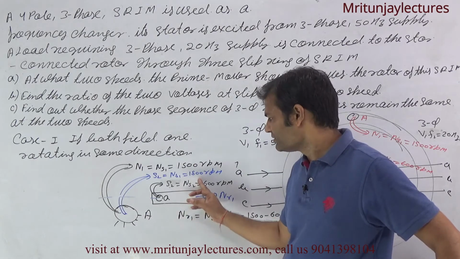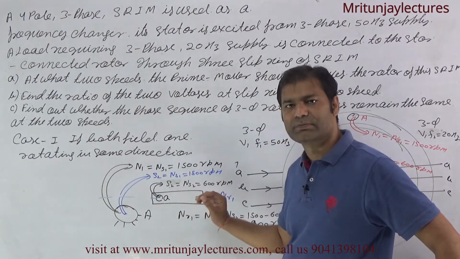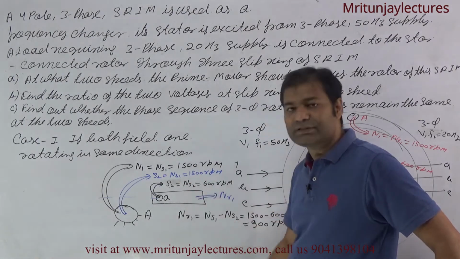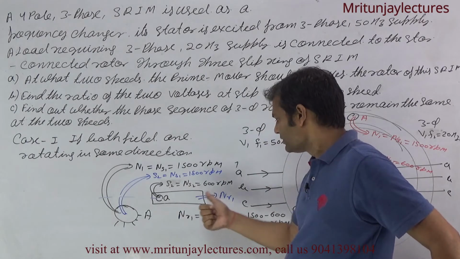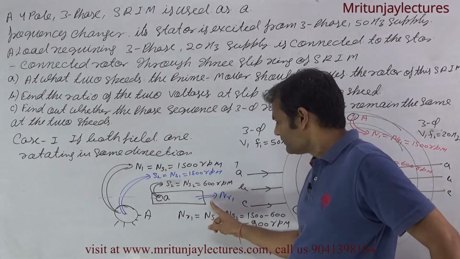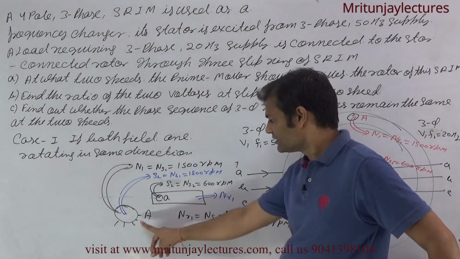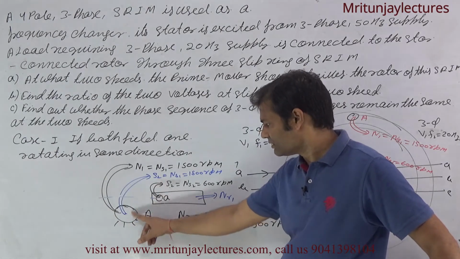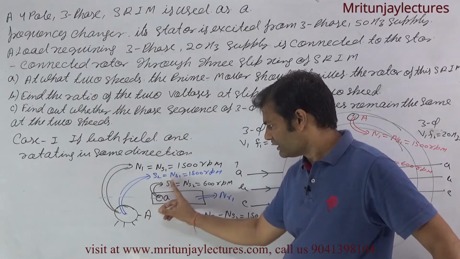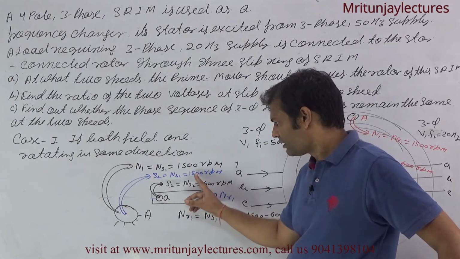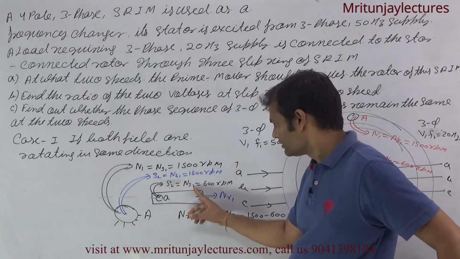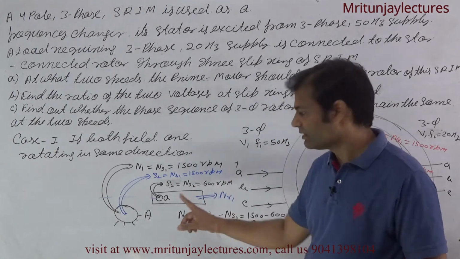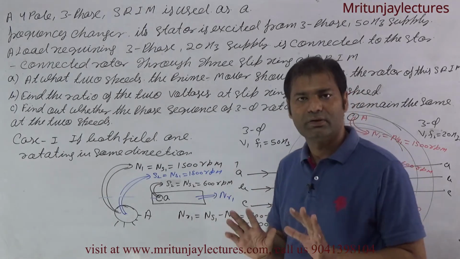Why? Because the maximum speed is 600, and this one is stopped, and this one is 1500 RPM. If this train moves in the direction of the helicopter, which speed? 900. If this one is 900 and this one is 600, then the boy on the platform sees this one rotate in the direction of the helicopter at 1500 RPM. Clear? It means NR1 is 900 plus 600, that is 1500, in the direction of the helicopter. Okay,